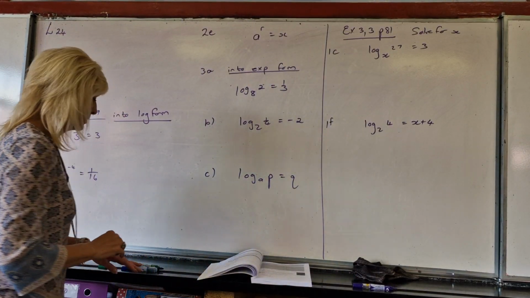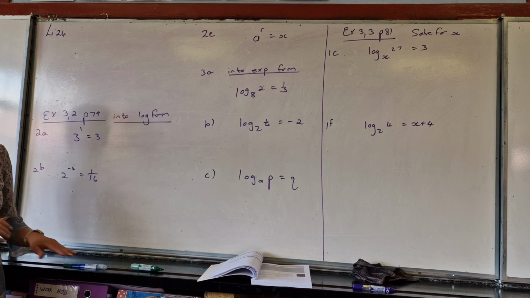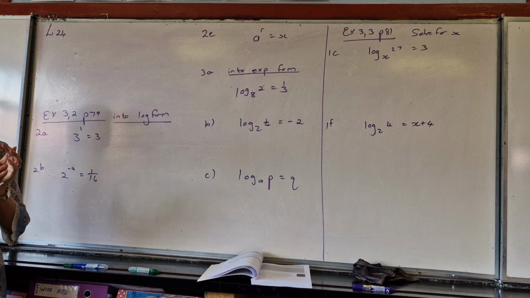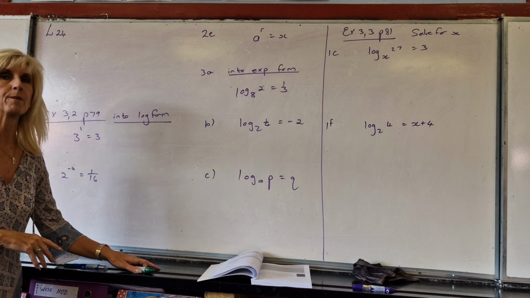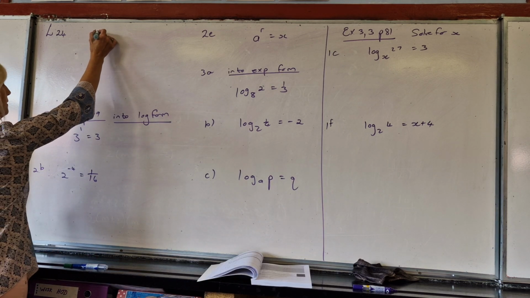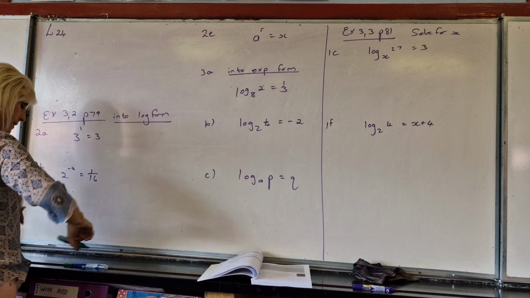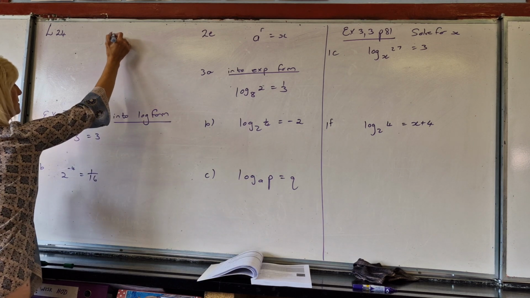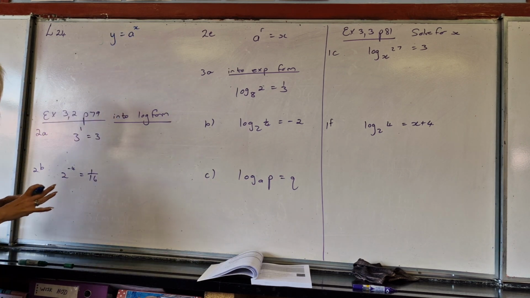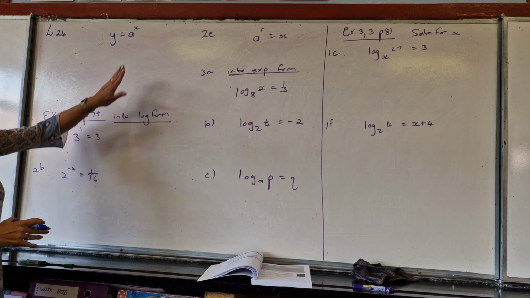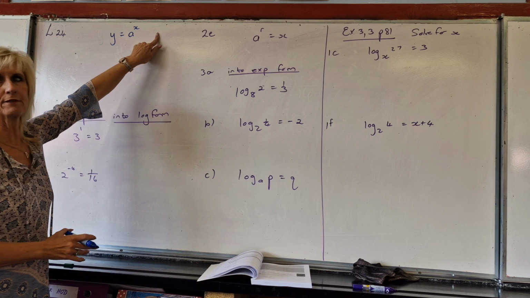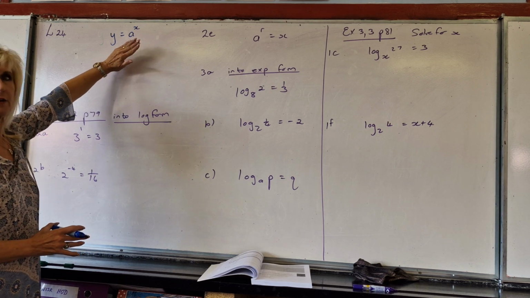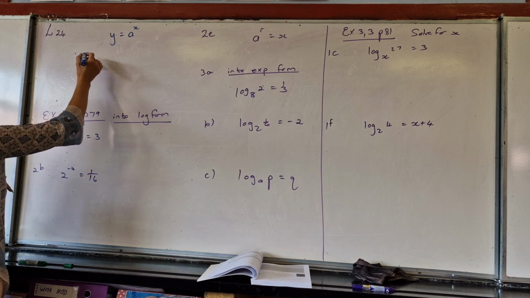Alright, we are right into logs, logarithms, which is just logs for short. And yesterday we spoke about exponential form into log form into exponential form. And then I said to you the technical definition is if y is equal to a to the x, that was your exponential graph. Very basic, without d here, without t being moved up and down or left and right anyway. So if that was the exponential form, then the log form would be